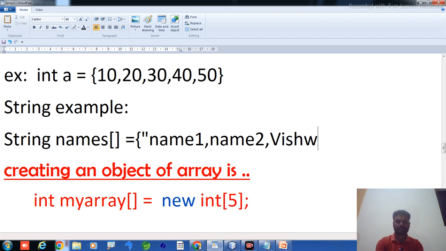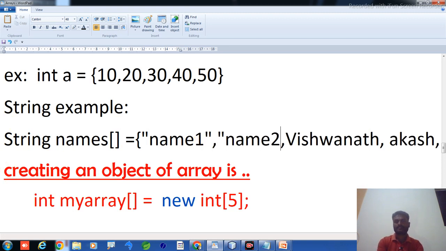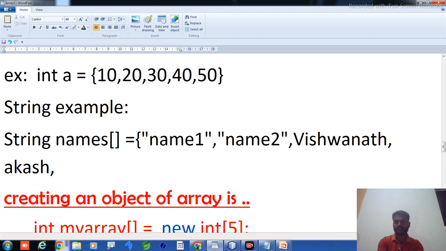My name is Vishwanath, third, fourth one, Akash. Here I have to add string values, and they should be under double quotation marks. This is the concept of adding string values.